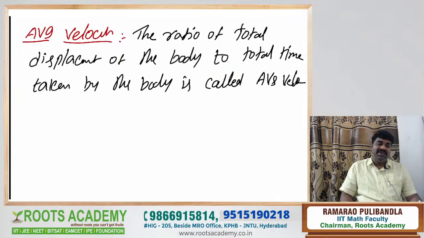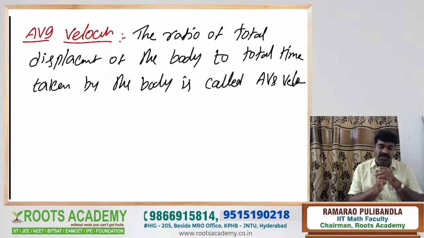What is the definition of average velocity? The ratio of the total displacement of the body to the total time taken by the body is called the